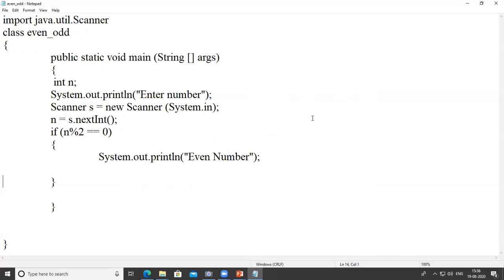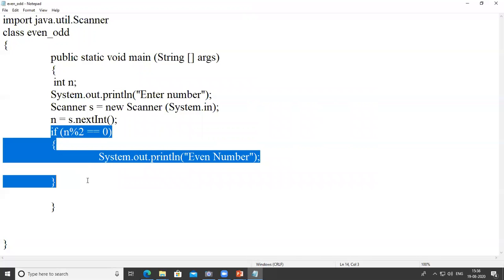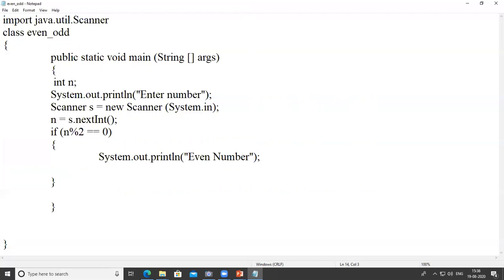Okay. So this is the program for the simple if. So we check whether the number is even or not. Or for checking odd, we again write the condition if n mod 2 is equal to 1, then we write here odd number. Here we are using simple if.